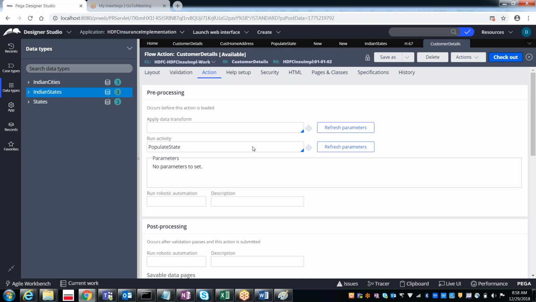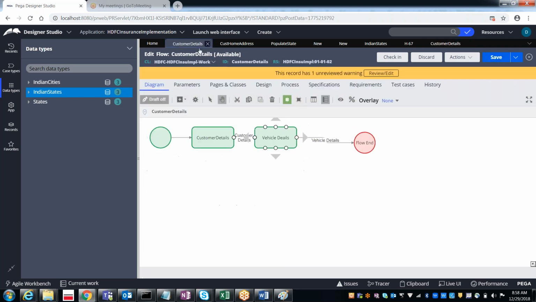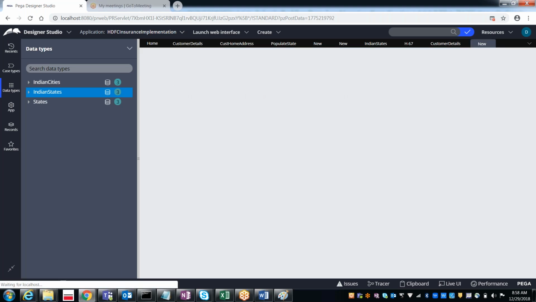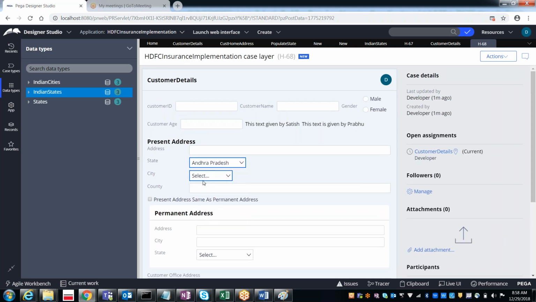So even if you delete it, you can still see the values of it. Delete this populate activity, save it, and then if you run now, you can still see the values on both the drop downs. Why? Because this time I have populated through the report definition. See, here also states are there and here also states are there. Guys, clear or any confusion? Clear, sir. Nice.